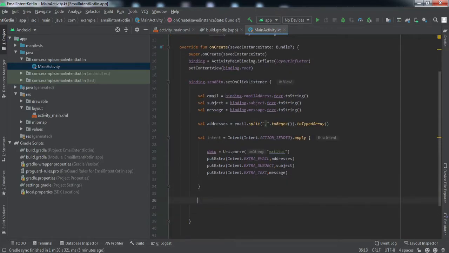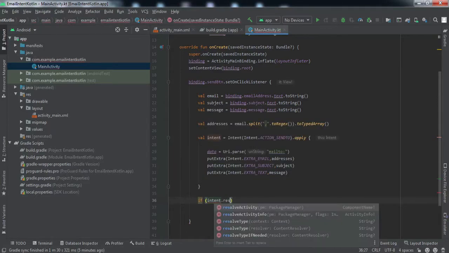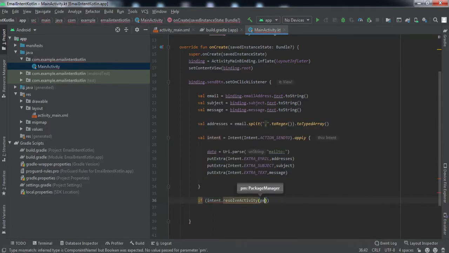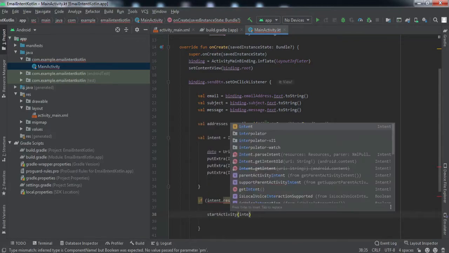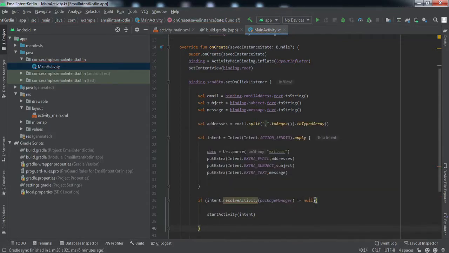So now after this we'll call if intent.resolveActivity, and we'll pass the package manager here is not equal to null. Then inside this we are going to call startActivity, and we'll pass the intent here. So what this line of code inside the if statement will ensure is that if you're making this request, there is one condition: your device should contain at least one app that can handle this request.